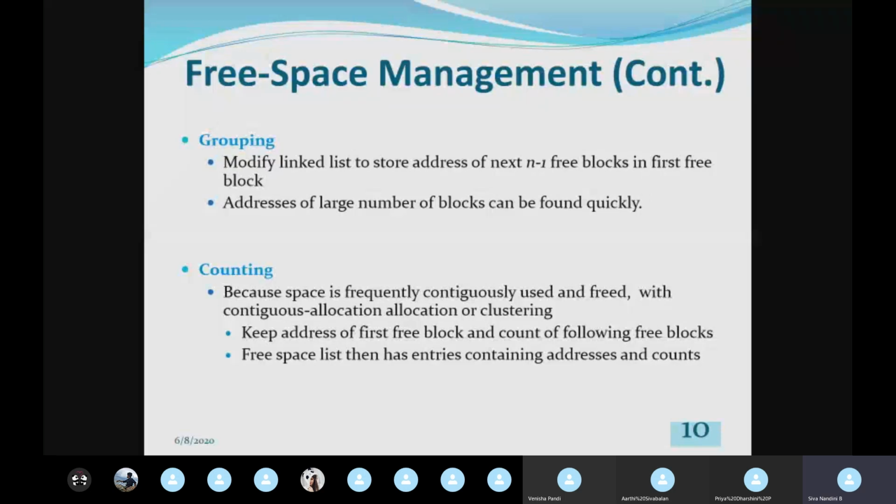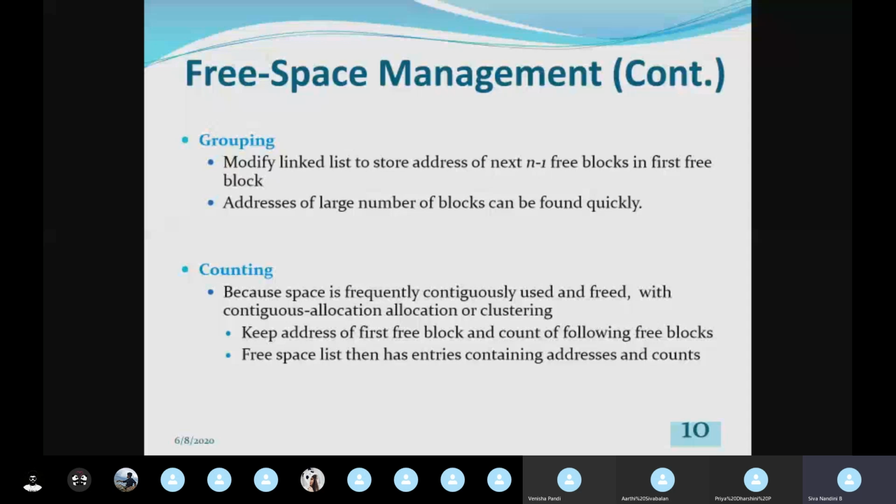Here we have 100 free blocks. The first free block will have a pointer to the second free block as well as the count value of the remaining free blocks. After this first free block, I have 99 free blocks remaining, so that count value will also be available other than the pointer to the next free block.